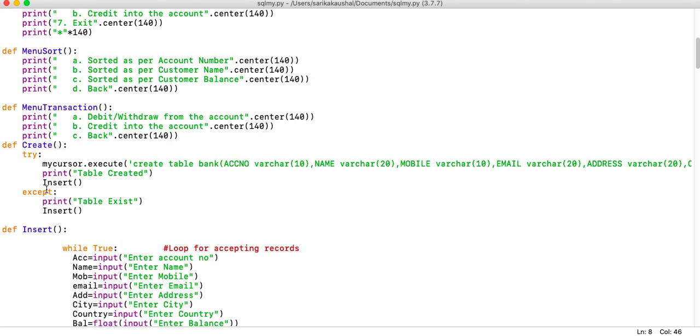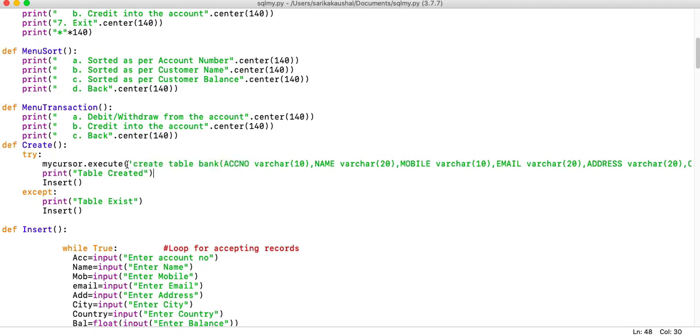Now let's start from the beginning. When we are creating a table in the database and issuing a command, there are two possibilities: either the table is created or it is not. I'm assuming that for the first time the table is not created. So I have used an exception right over there, and I've issued mycursor.execute with the create table command.